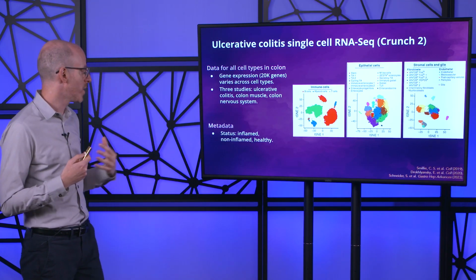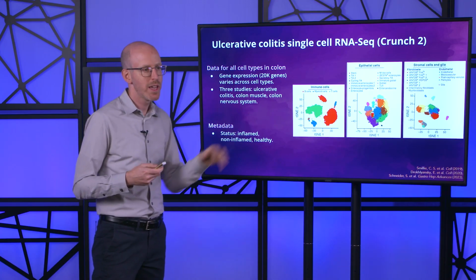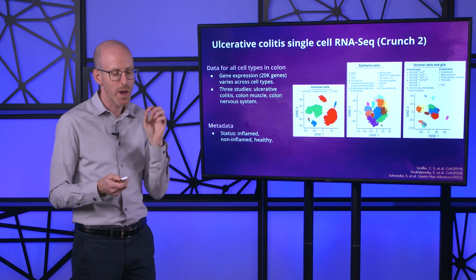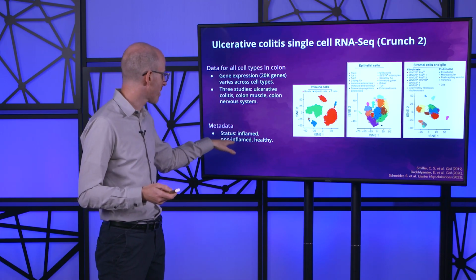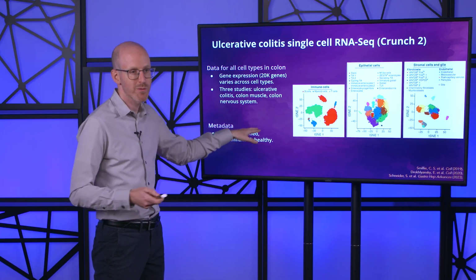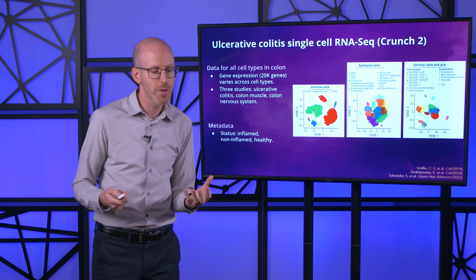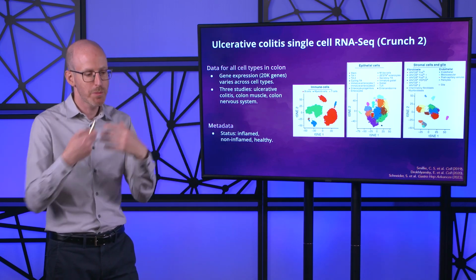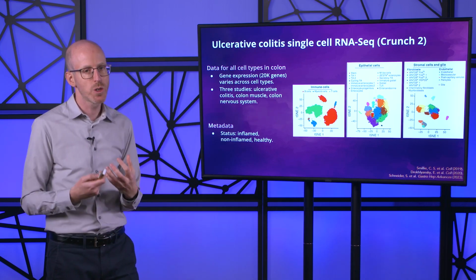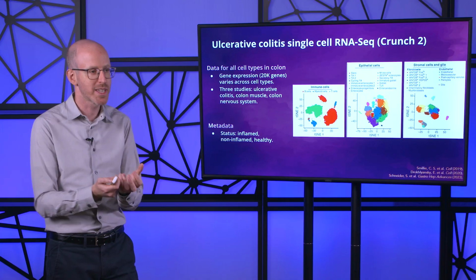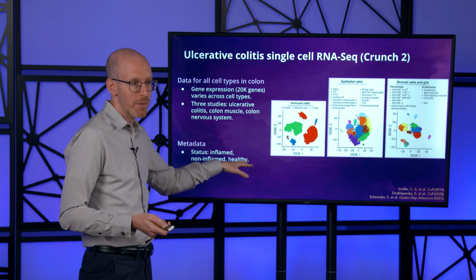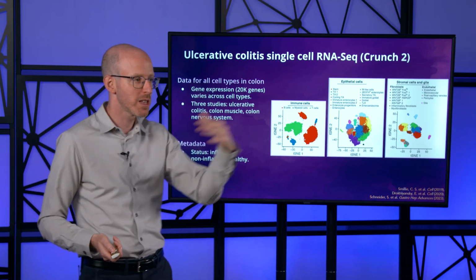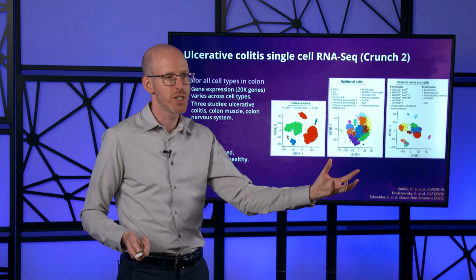We'll also provide you with metadata for every single sample, and this metadata tells us whether the tissue came from a healthy individual or whether it came from a non-inflamed part of the colon or an inflamed part of the colon. And this is helpful because you are probably going to be most interested in those pieces that are from the inflamed colon, because that's going to tell us about the inflammation programs. But having the healthy there provides a point of comparison,